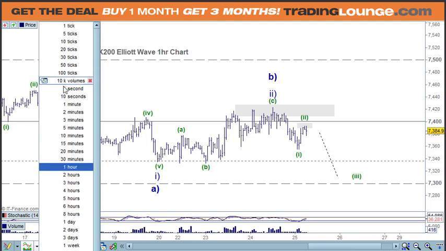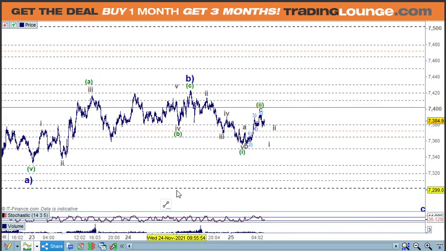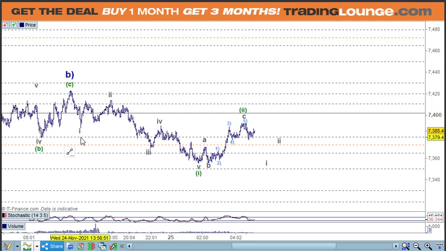So if I go to the tick chart here and take a closer look at this, that's right, I have changed it a bit. I've got a slightly different count for the B wave or wave 2 up here, but that doesn't really matter. We were looking for that top, and we've got that top. And then here we can see that we've got a nice wave 1 here, a bit like the Bitcoin count actually, 1 here, and then an A and a B and a C here for 2, and then 1, 2, 3, 4, 5 for the third wave, fourth wave, and then 1, 2, 3, 4, 5 for the wave 5